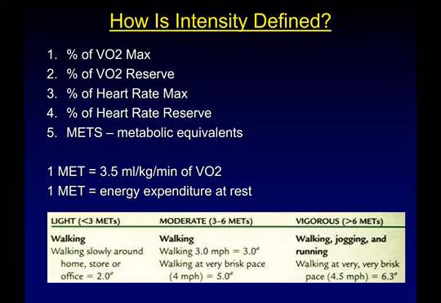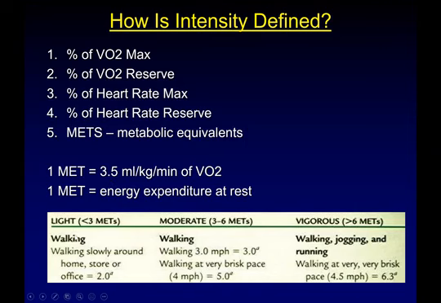When we want to quantify something as light, moderate, or vigorous, we look at how much it raises your energy expenditure above rest. And so when we do that, we're going to say, okay, 2 metabolic equivalents is twice your resting metabolic rate. So if we had Kyle get up and start doing some jumping jacks, and we say you need to be at 2 METs, then if we were measuring his oxygen consumption, it would go from 3.5 to 7, okay? That would be 2 METs.